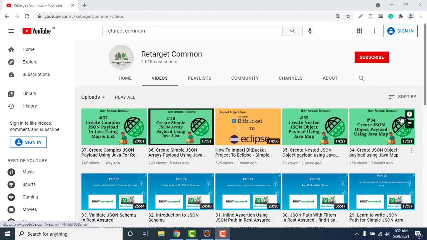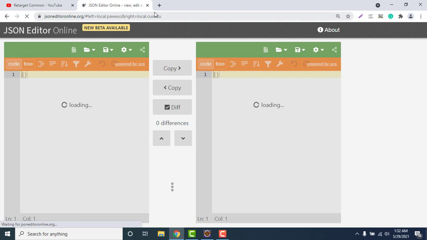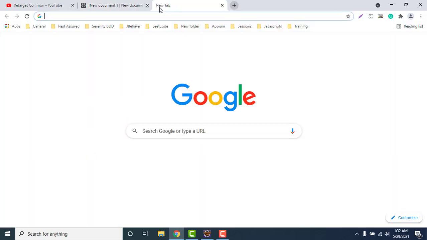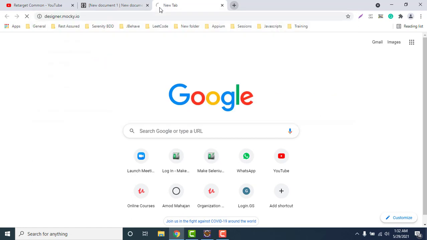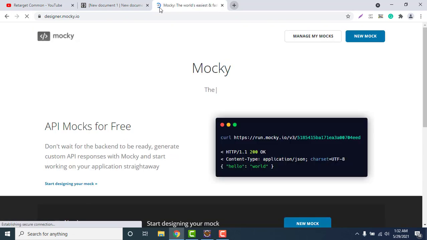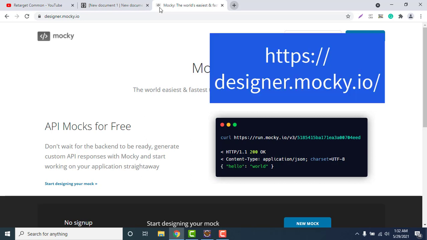Let me go to jsononlineeditor.org, and before that, let me go to the website where we can generate the mock data. That website is designer.mocky.io.